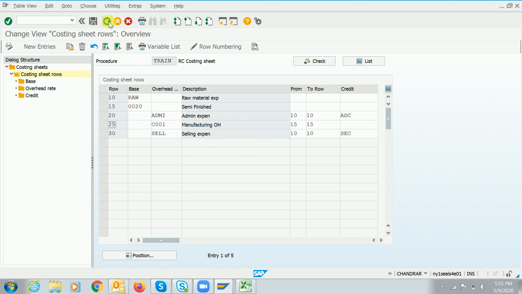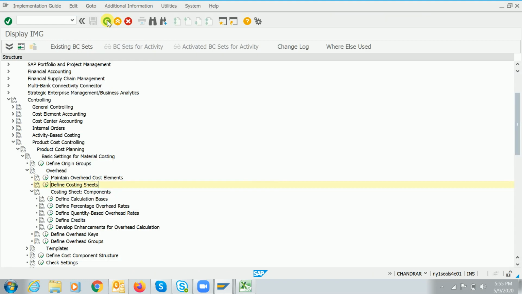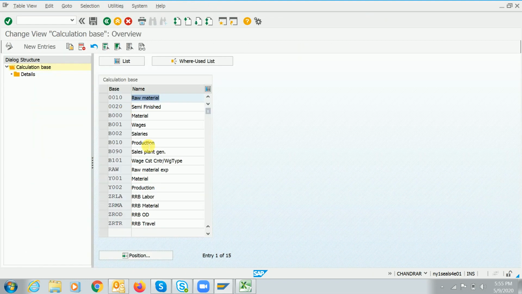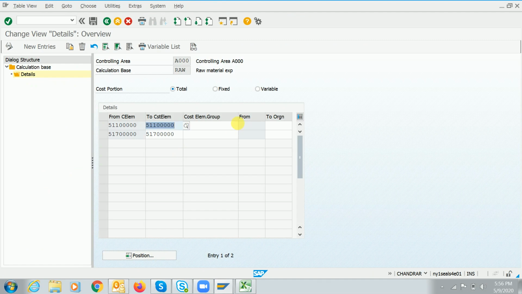Like I said while creating the base, regarding the origin, we'll discuss that right now, guys. Whatever cost sheet we have maintained is a common cost sheet.